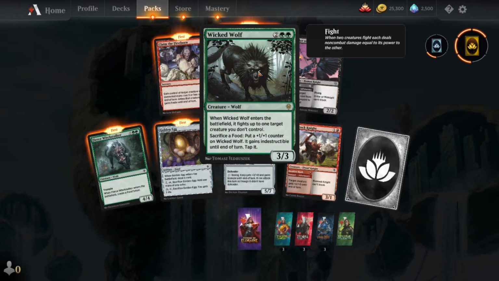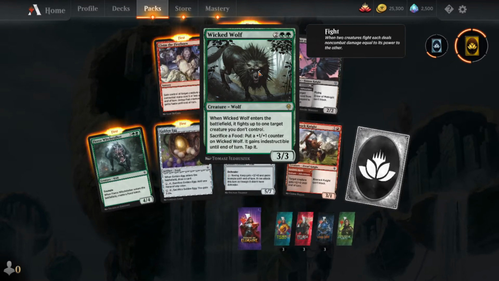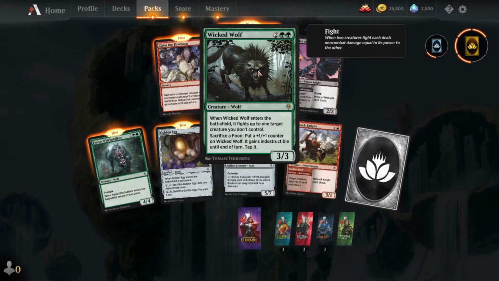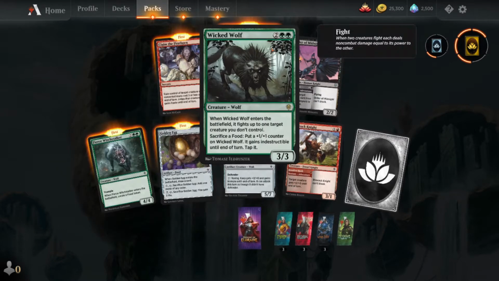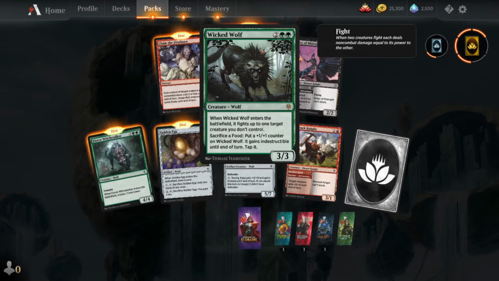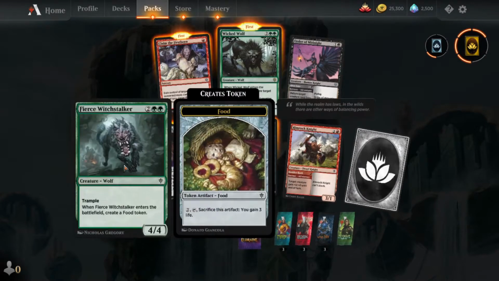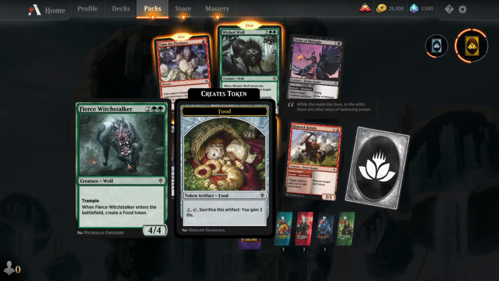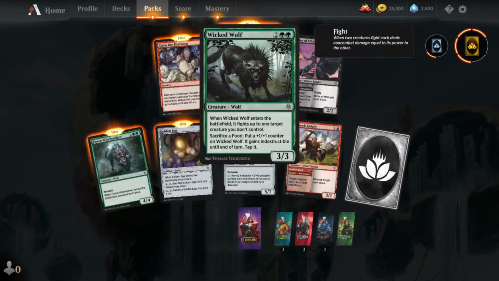There is a drawback. If you do this, it does tap it, but if you are attacking with it, that won't come into play. It's kind of weird how this card works with food and this card works with food, both wolves, and yet they don't produce their own food to sacrifice. Oh, actually, this one does. So I guess in limited, you want to play some Fierce Witch Stalkers with Wicked Wolf. This one produces the food that the Wicked Wolf can then